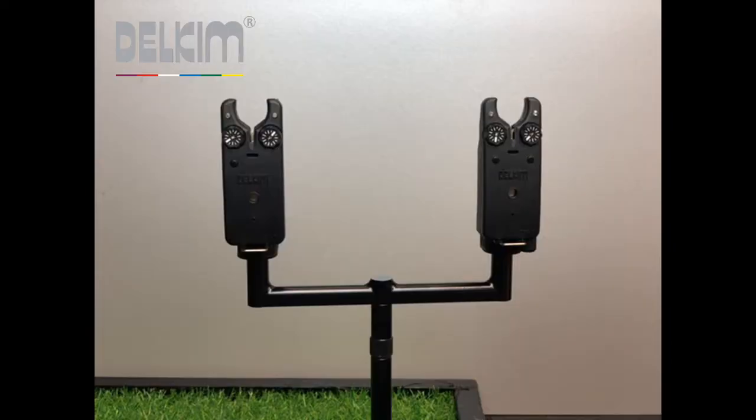Let me see if I can see that. Yes, you can see that. Right, let me just switch, and then you can have a look at these two. Okay,